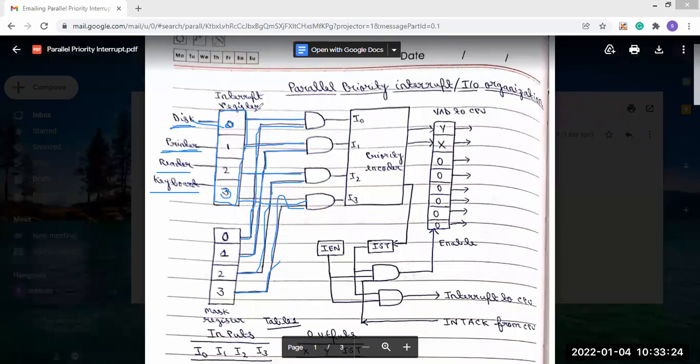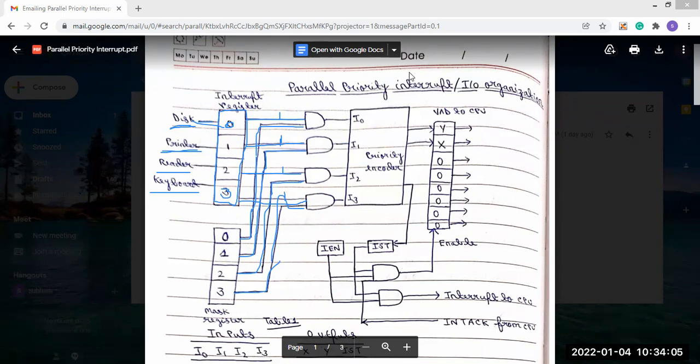So the interrupt register value will go to 1 here, because any device which generates the interrupt will make the interrupt register value 1. So that's why the 1 will go here, here, and here.